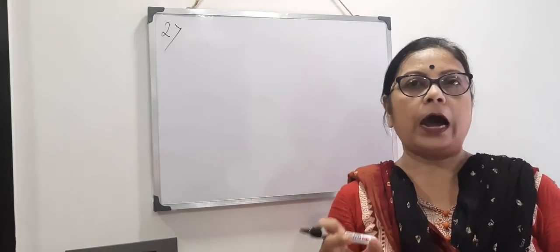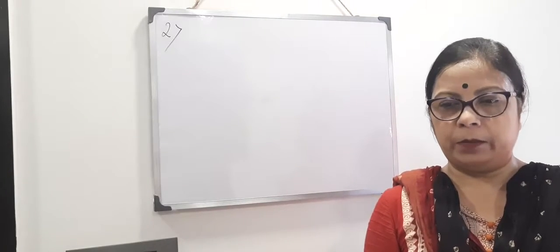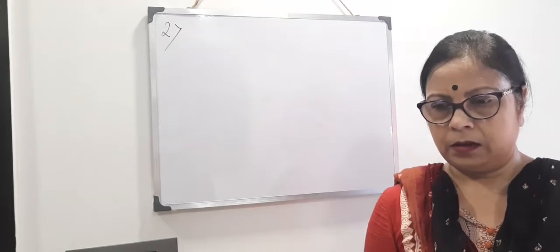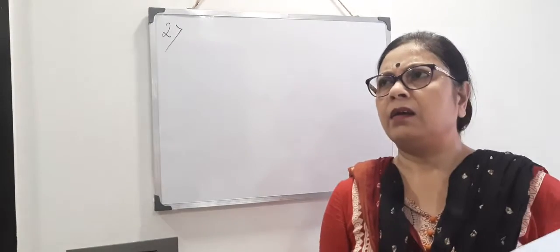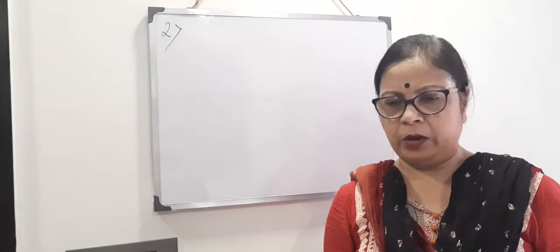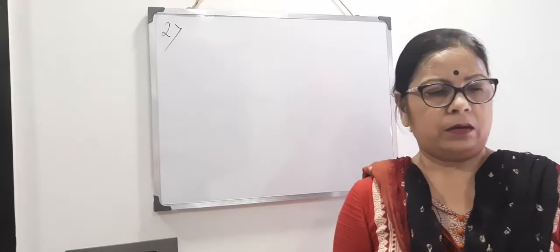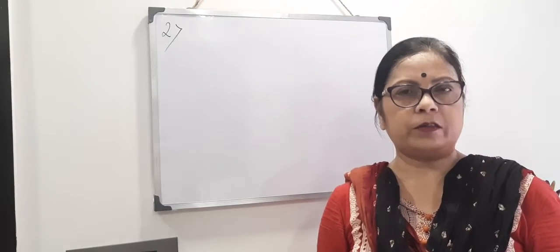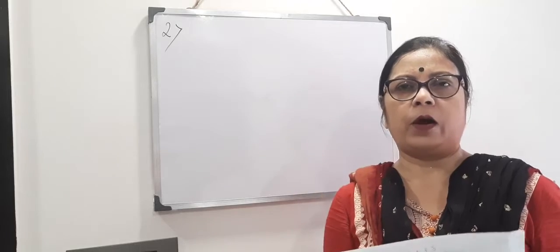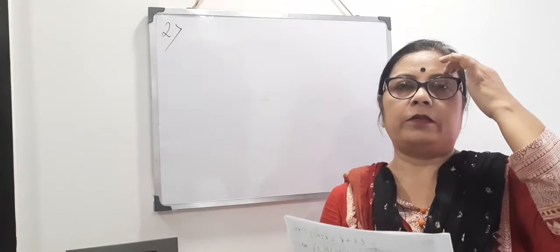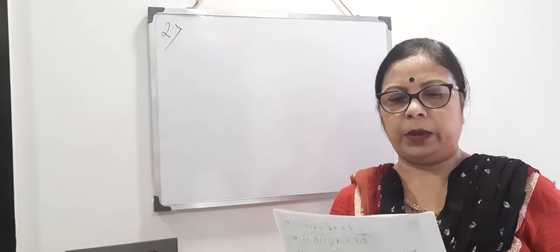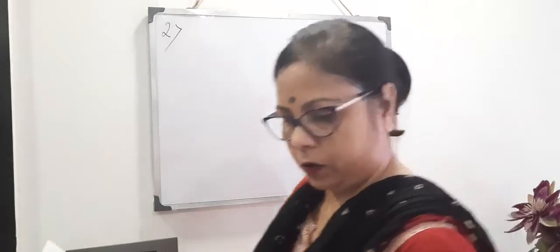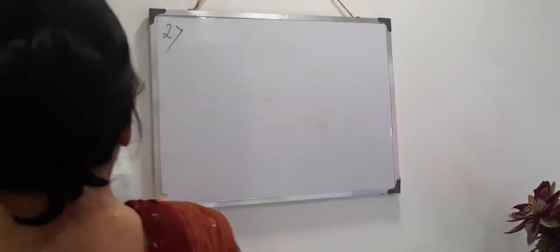two towers are complementary. Complementary means angles of elevation of the top of two towers are complementary, means sum of two angles is 90 degree. Clear? So if we consider one angle is theta, so other angle will be 90 degree minus theta. Then find the heights of two towers. Clear?